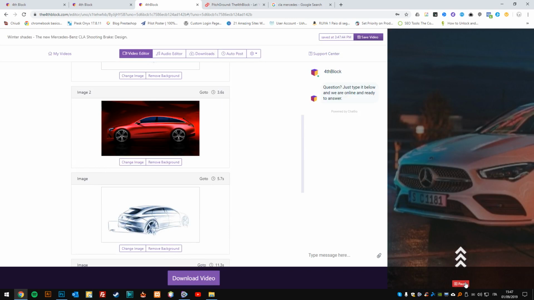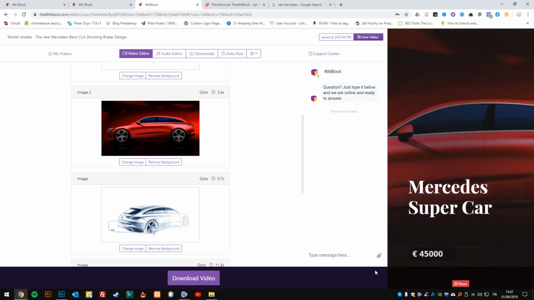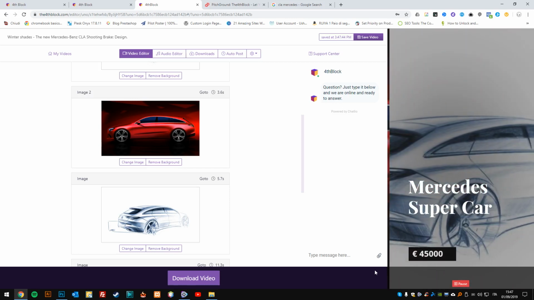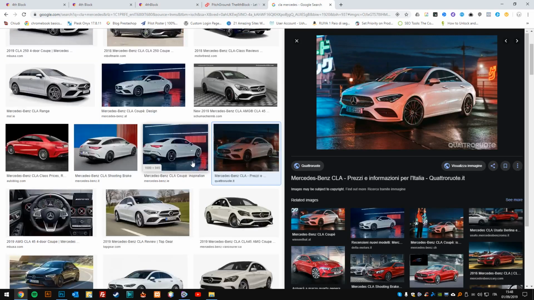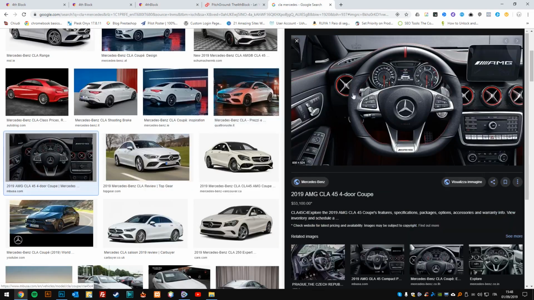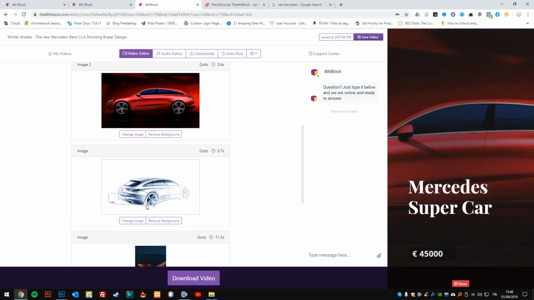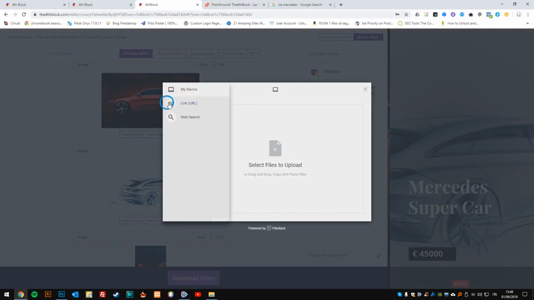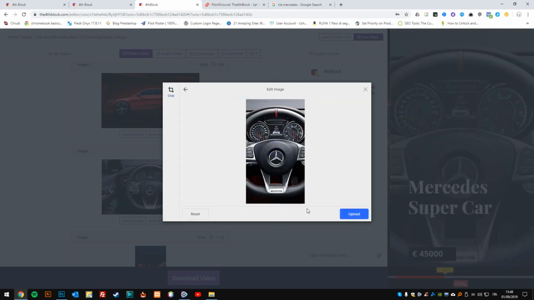So if I click now on play, you will see how it looks. This is the first one, second, third, still repeated, so the third image has to be changed, and then the fourth, sports car, I will use another one. So let's copy this image address, go back here, and change the third: change image, link URL, click here, and it will fetch the image. I will decide what I want to keep, save, upload,